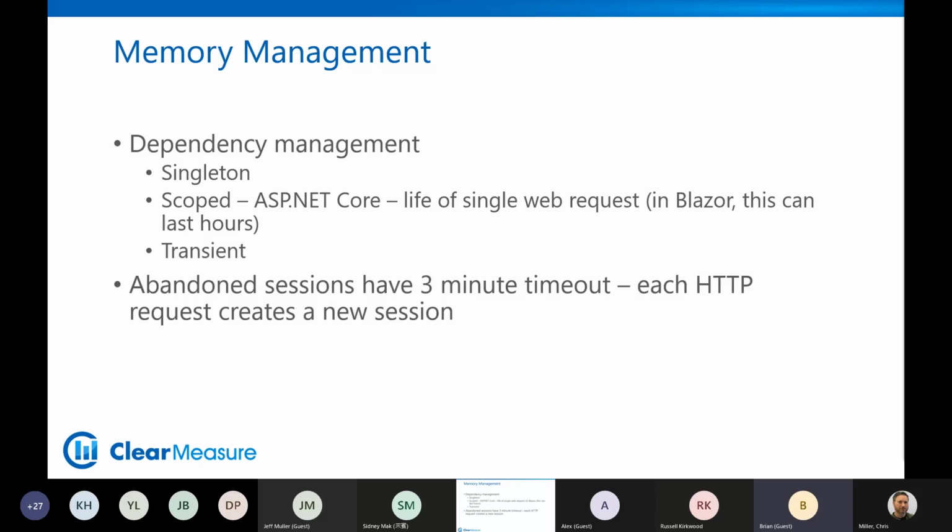So for Blazor server side, scoped is not giving you the same behavior as scoped inside a web API controller. It's giving you effectively per Blazor user session. Now, it's not exactly user session because a particular user could force a refresh in the browser, which would cause a reload. And guess what? Now we have a new web request, and so we're going to get different objects.